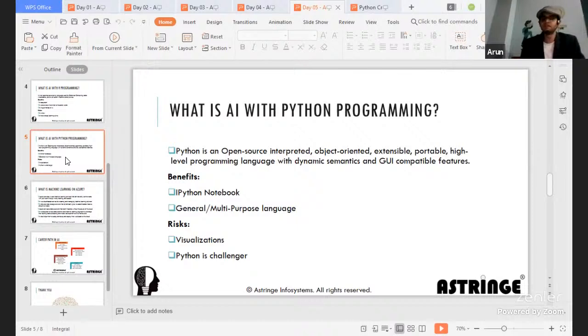Now, visualizations are also a risk, and Python is becoming a challenger for R particularly. Connectivity is also a risk present in Python.